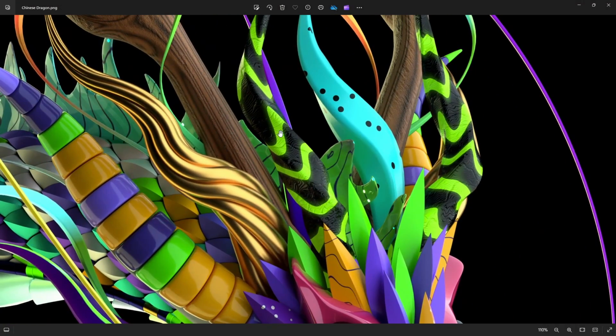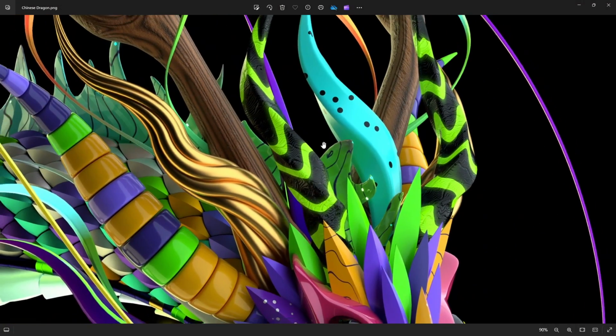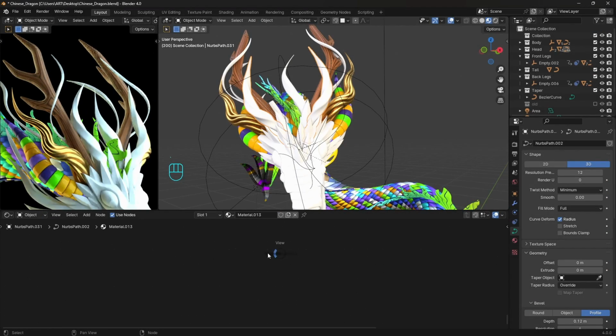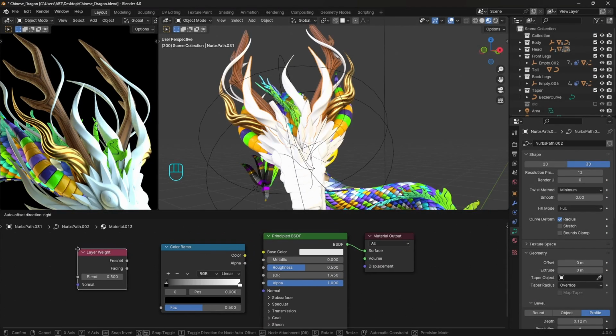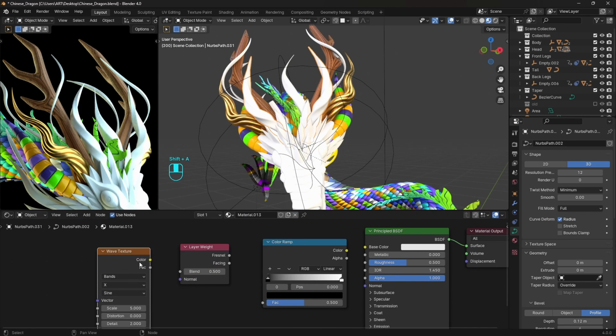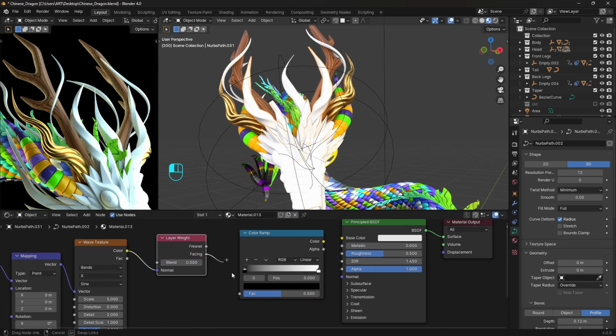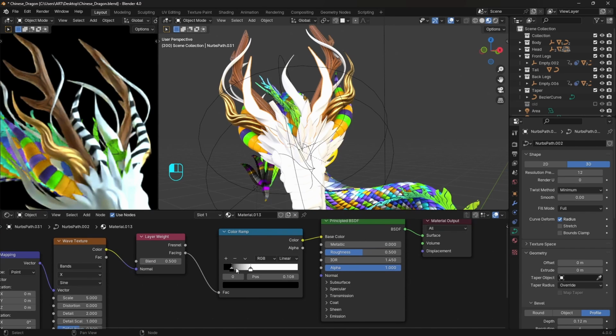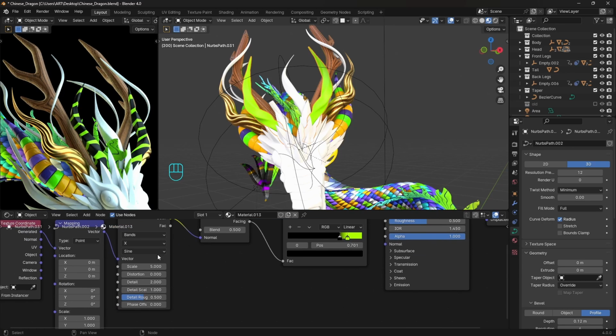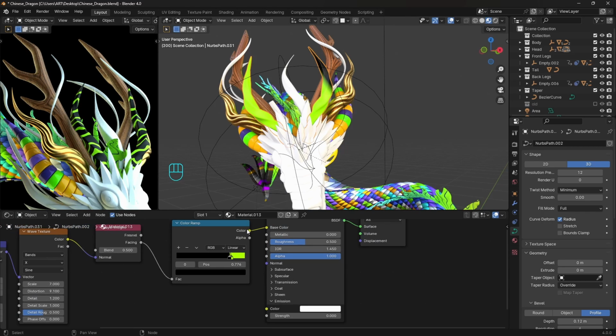On this one we can add emission and play with the normals to get this effect. So create a new material, add a color ramp, then a layer weight node. We also need a wave texture with the mappings. Plug it to the normal and facing to factor, everything to the base color. We are setting up now the emission shader, so let's get this green color and tweak the bar's position like that. On the wave texture we can add distortion, get the scale right and add some details. Plug the color ramp to the emission color and add just a little bit of strength.